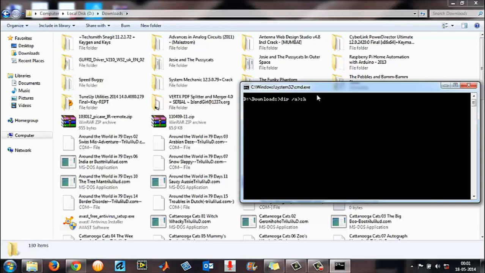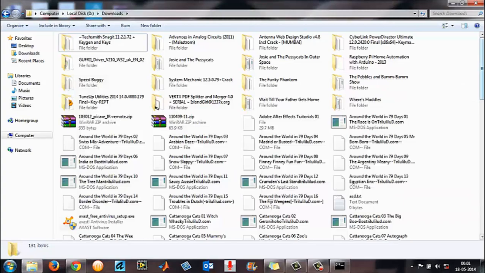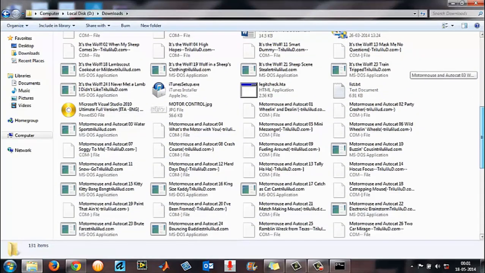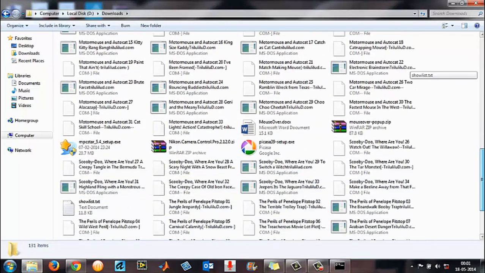Say I'll say showlist.txt. Now press enter. In your downloads directory, you will have one file called showlist.txt.